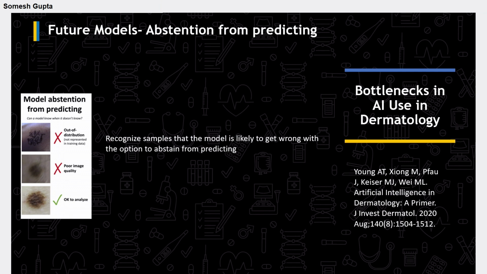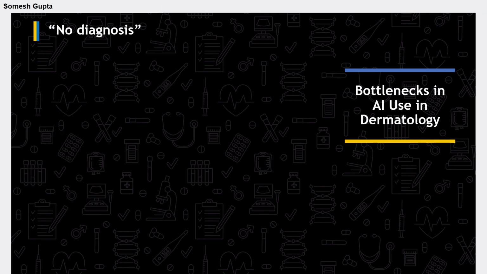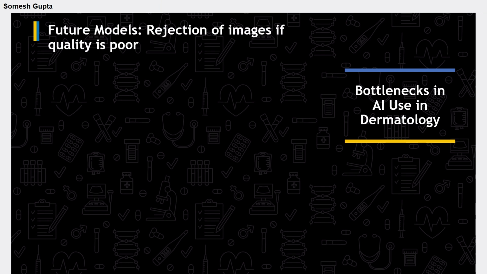And so we had a simple mechanism. We had a cutoff of 40% probability. If the probability is below 40%, the app would abstain from making a diagnosis. So this is a simple thing. If the probability goes down to a certain level, then the app should not give a diagnosis, to be on the safer side. And this is what future models should involve. The no diagnosis option should always be there. And because our app is just for 50 diseases, what about diagnoses beyond these 50 diseases? Then it has to abstain from making a diagnosis.